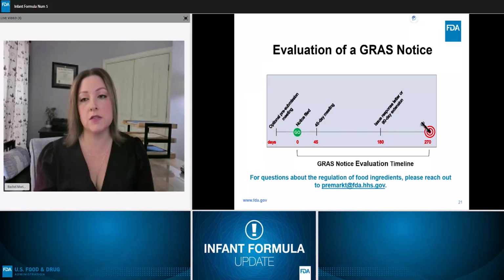After receiving a GRAS notice submission, FDA conducts a pre-filing evaluation to determine if it meets the criteria for filing. If all the necessary filing requirements are met, FDA then files the notice, which starts the evaluation clock. Approximately 45 days after filing, the evaluation team meets to discuss whether the notice has provided a sufficient basis for a GRAS conclusion, or if the information in the notice or elsewhere raises questions about whether the use of the substance is GRAS. If more information is required, FDA sends questions to the notifier, who then addresses them through an